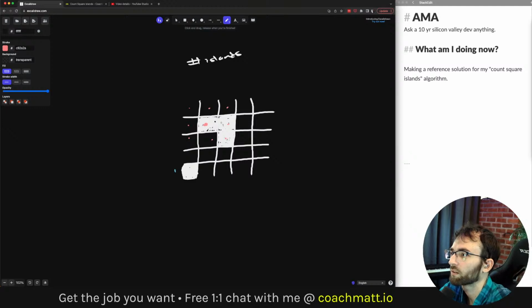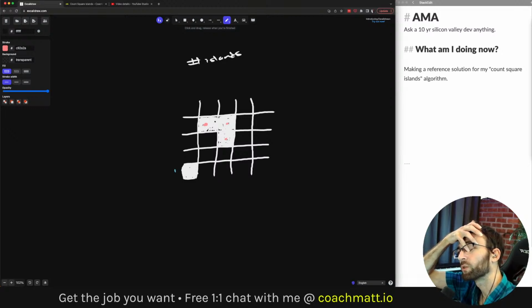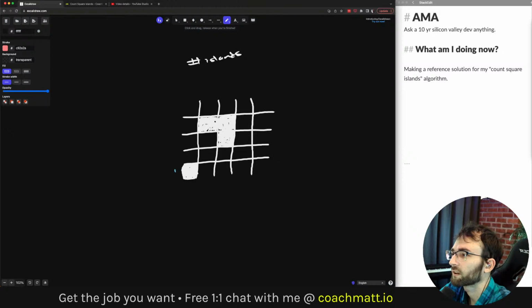Remember, we are counting corners. So from here we visit this one and then this one. Depth first search, nothing groundbreaking here. That's going to count this whole thing as one island, and then this thing here.